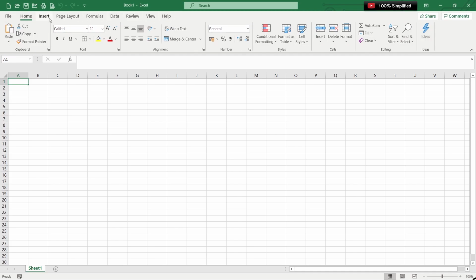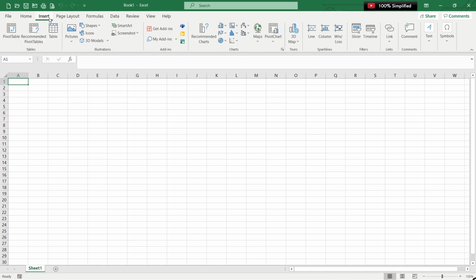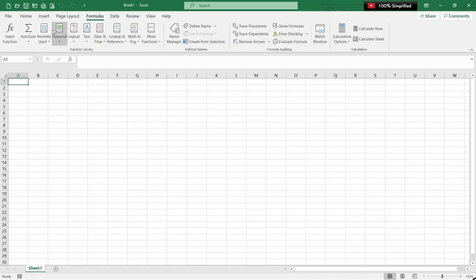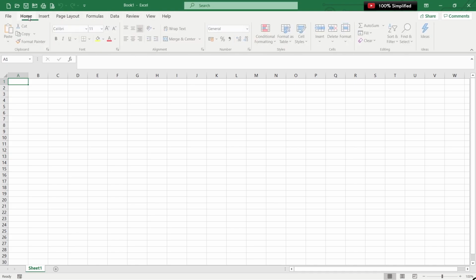As soon as you click on a tab, let's say if I click on insert, I get a new ribbon below it. If I click on page layout, I get a brand new ribbon out here. If I click on formulas, I get another ribbon. Similarly, as soon as you see a ribbon, there are a few lines appearing inside the ribbons. Now these lines are actually creating groups. So let's see, style is a group here, cells is a group here. The entire portion between two lines is called a group.